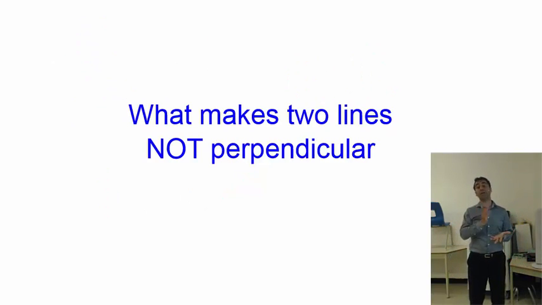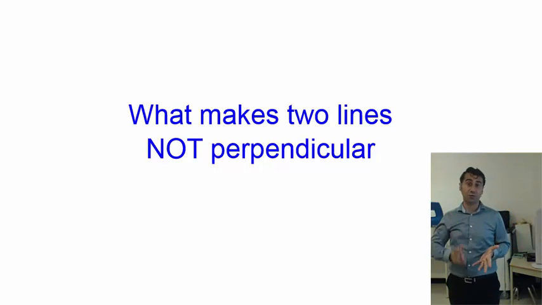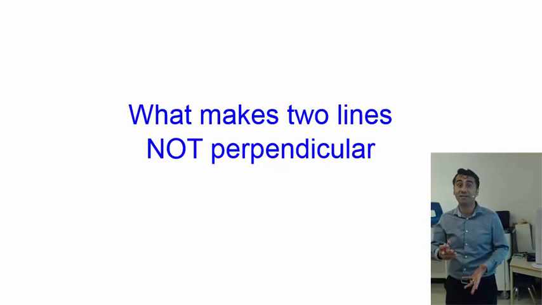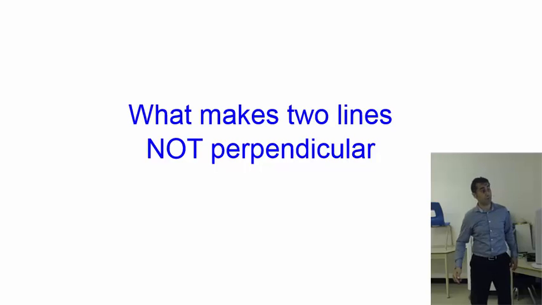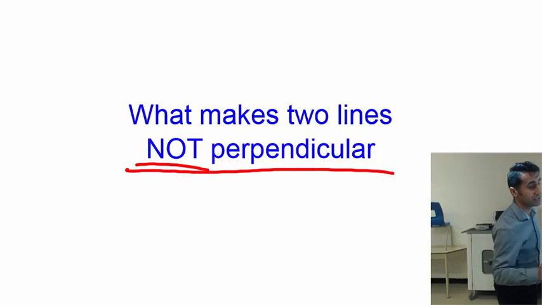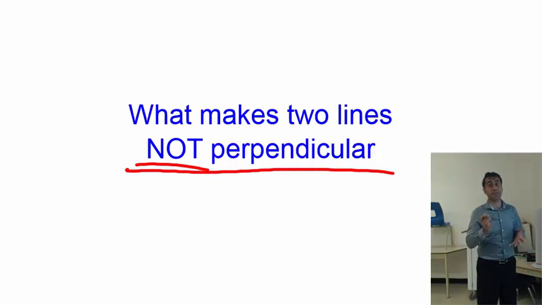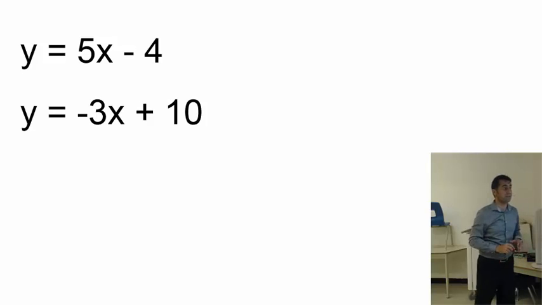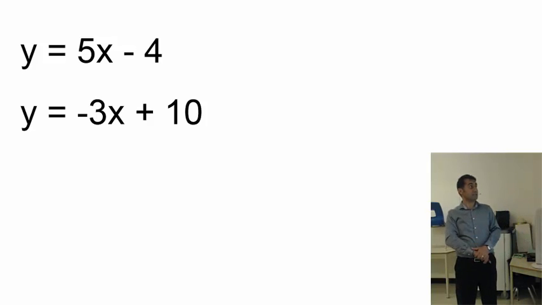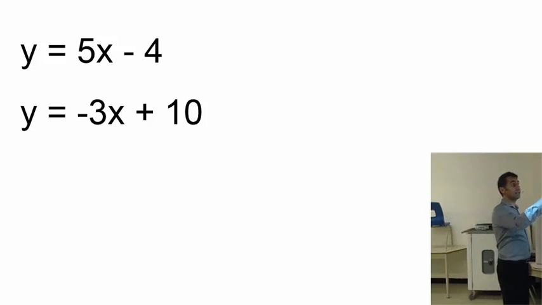Now, we talked enough about what makes two lines perpendicular. Let's talk about what makes two lines not perpendicular. Not perpendicular. By now, you know of parallel lines. If the two lines are parallel, that means they are not perpendicular. But we have different examples here. So, looking at here,